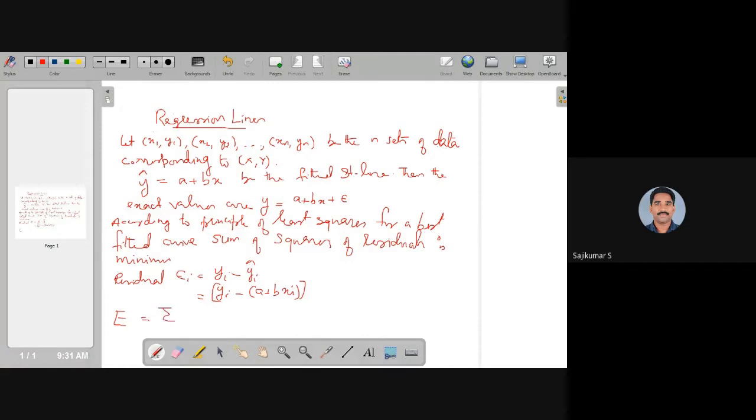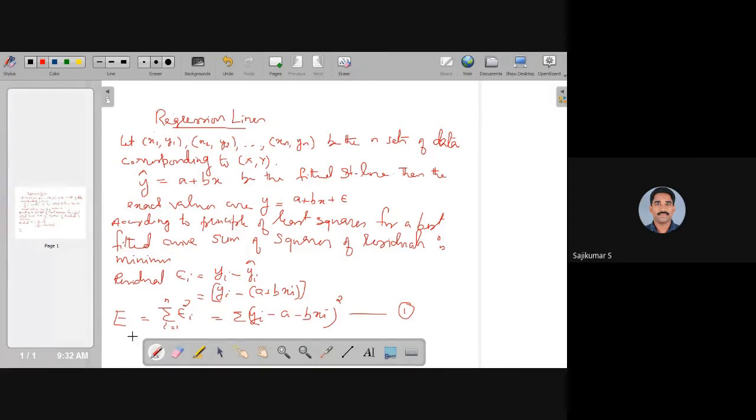and the expression for capital E is the sum of the squares of those residuals, that is sigma epsilon i square, where i varies from 1 to n, is equal to sigma of (yi minus a minus b xi) the whole square. So we can see in this equation number 1, the coordinates xi and yi are given and the unknown quantities are a and b. So we call these parameters.